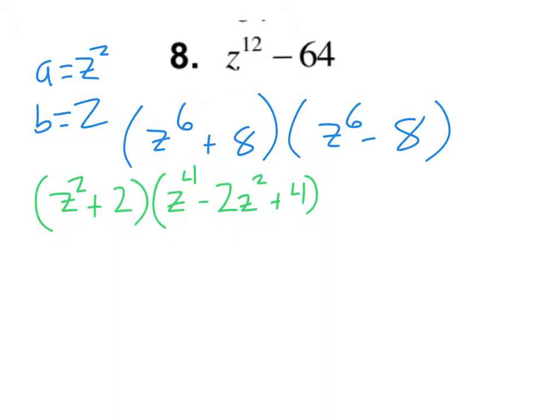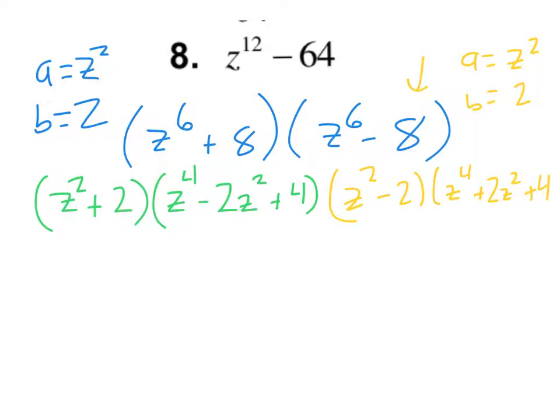Okay, then over here, my difference of perfect cubes, again, the a is z squared, the b is 2. So this one's going to give z squared minus 2, z to the 4th plus 2z squared